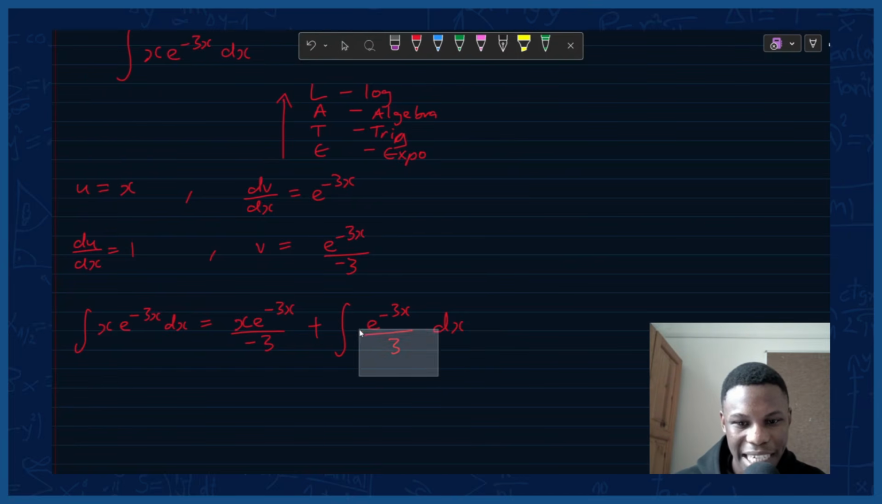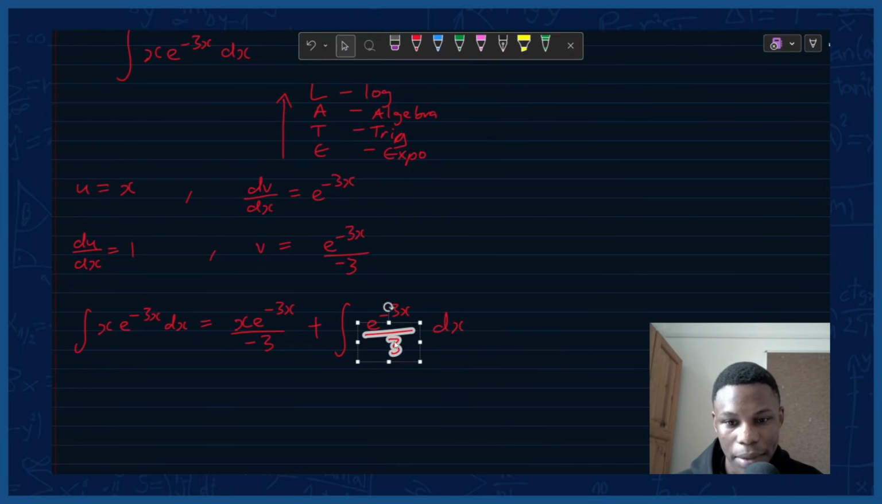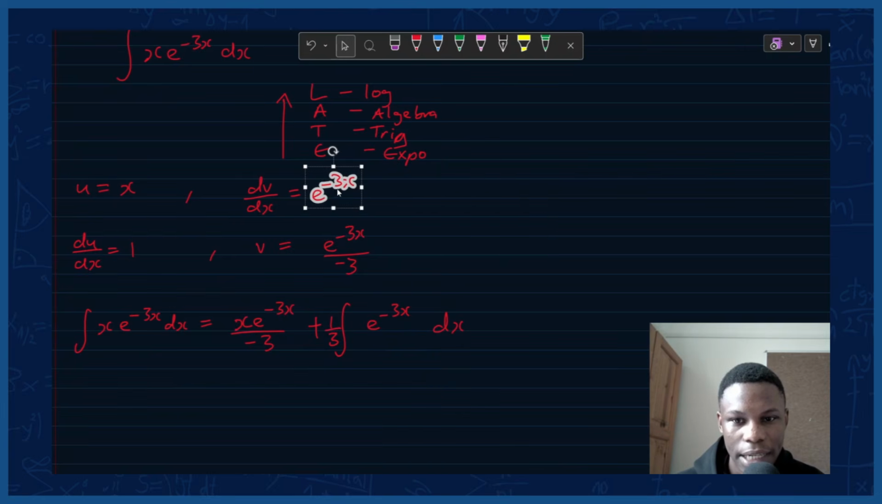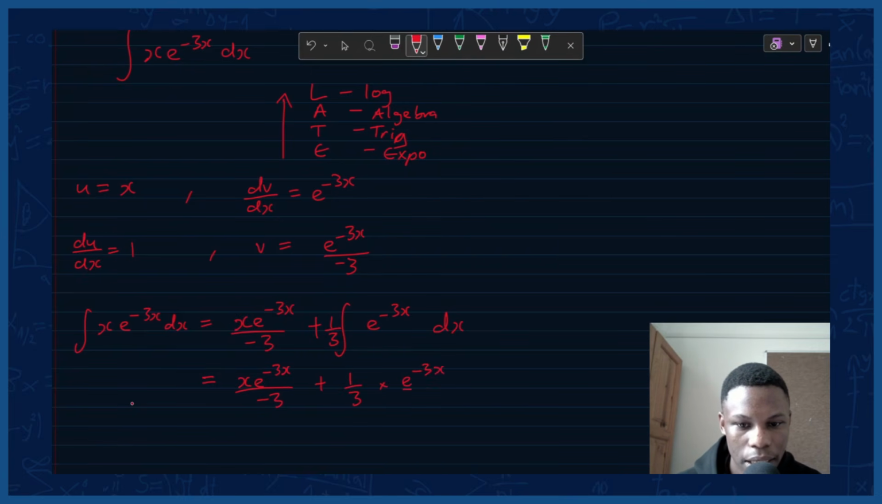And I'm dividing by 3, which is the same as multiplying by a third. So I can pull out 1/3. So I've got a third here. And hopefully you can see we've already integrated e to the negative 3x. That was our dv. If you integrate e to the negative 3x, it gives you that. So this is x e to the negative 3x over minus 3 plus our 1/3 times the e to the negative 3x over 3,